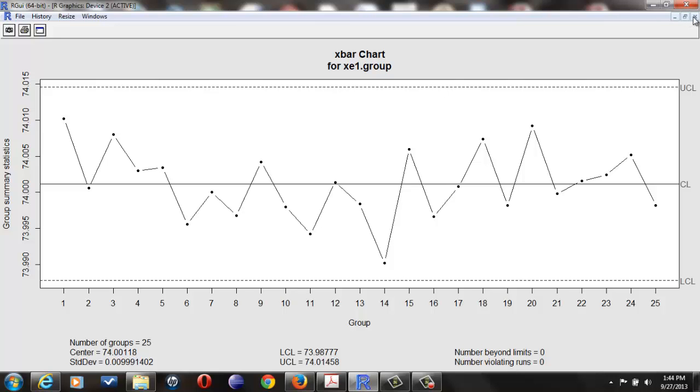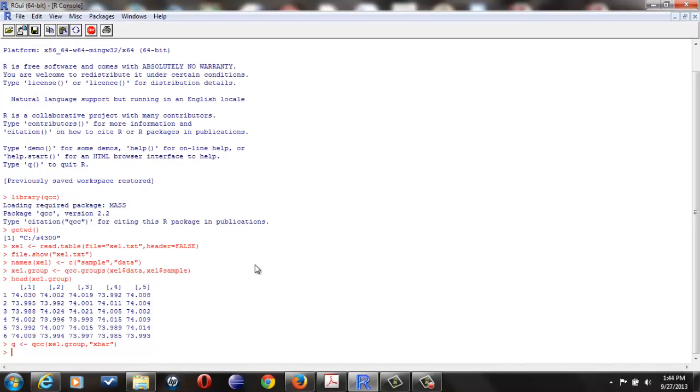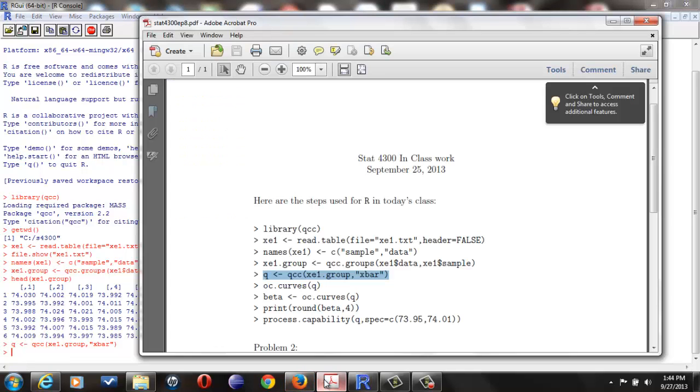So I'm going to close that out. And let's just look at the command again. You just put in XE1.group. That's the name of the object we just created, and we want an X-bar chart. Okay? Now we also need to save that. Not only do we need to plot it, we need to save it to an object for our next